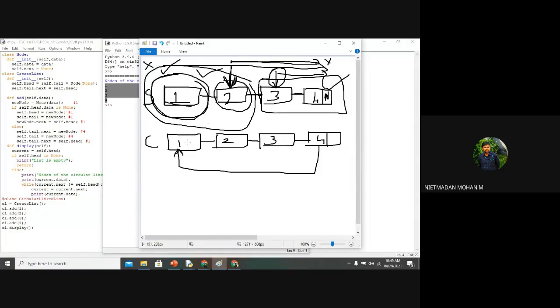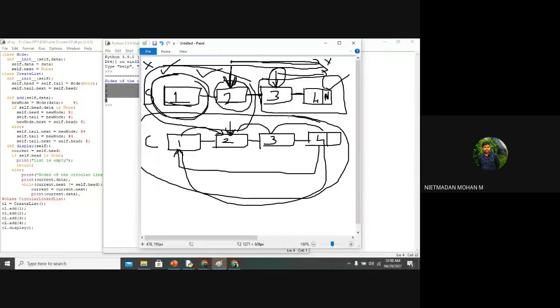And when you come to the circular linked list, when the starting point is 2, it will traverse from 2 to 3 and 3 to 4, and once again this 4 to 1 operation will be there. Again this 1 to 2 operation will be there. So here, when you access a particular data in a list, you can see what changes have happened in all the data that you mentioned in the linked list. So that is the difference between these two.